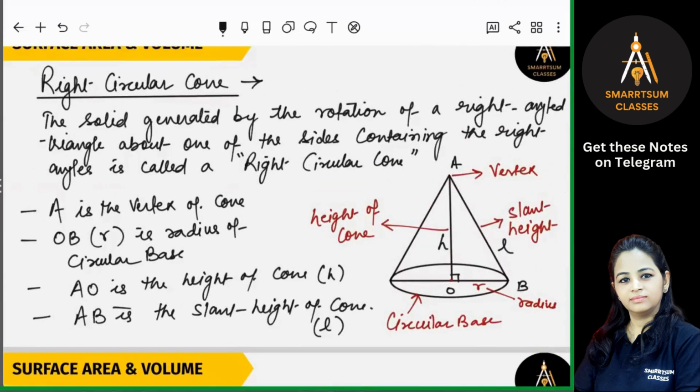So there are two surfaces, right? This curved surface, the top one. If you can see the ice cream cup, which is cone in shape, the ice cream cone, right? So the area of this curved surface plus the area of this base. There are two surfaces, the curved surface and the circular base surface. So what will be the total surface area of this cone? It is actually the sum of these two surface areas, that means the curved surface area and the area of the base. So if we add these two areas, we will get the total surface area of the